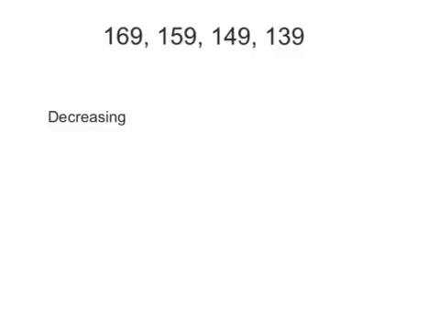Okay, so I can see that they're all in the hundreds. They've always got a 9 on the end, but this number here in the tens column is changing. So I'm going 69, 59, 49, 39. It's decreasing in tens. So they're taking away 10 each time. So to describe that, I would say decreasing